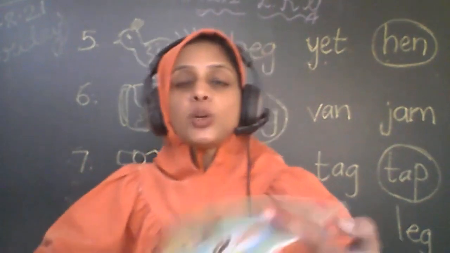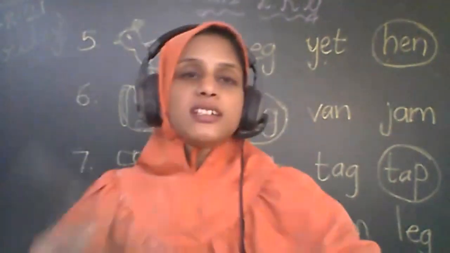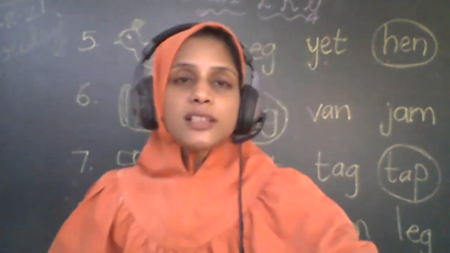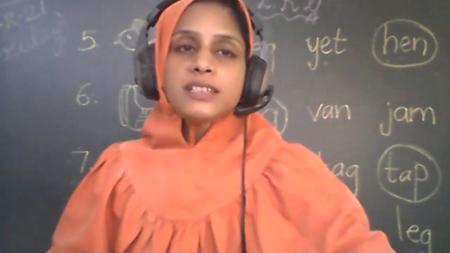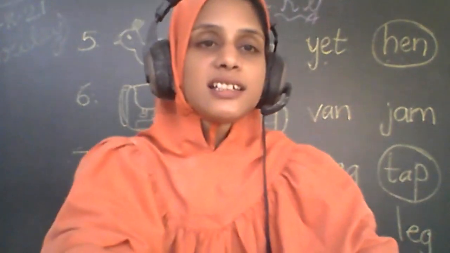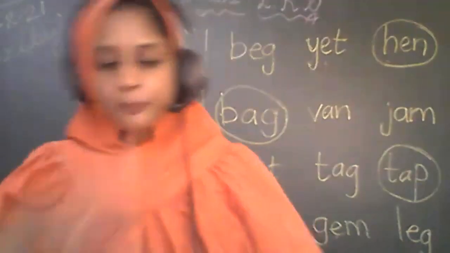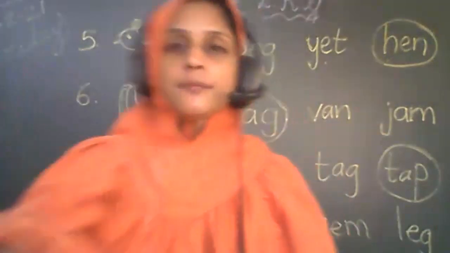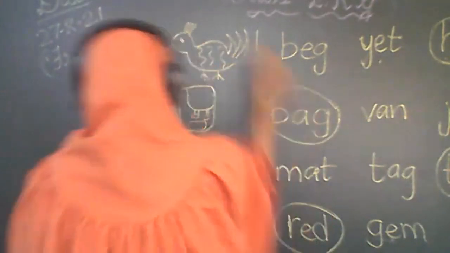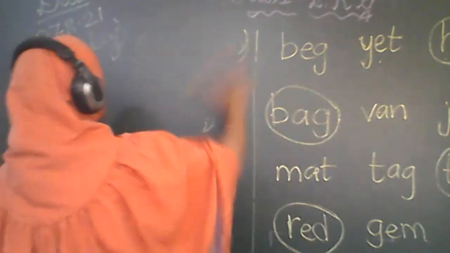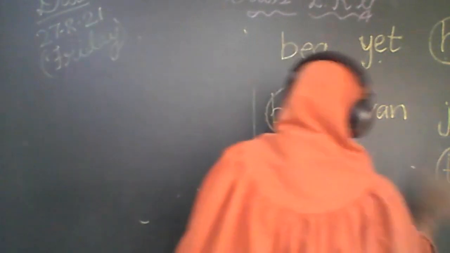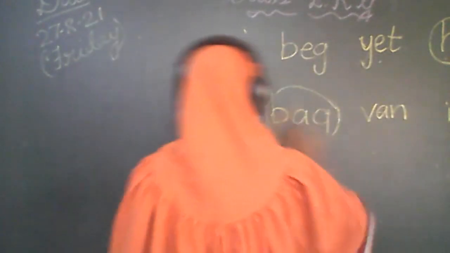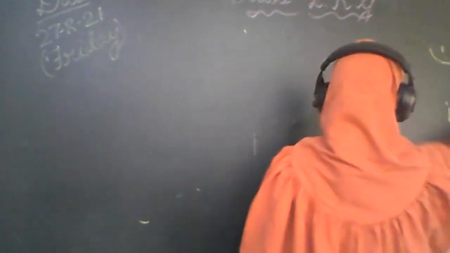Okay, now kids, get your mathematics copy. We'll complete our last work as well. Come on, get your mathematics copy fast. Write down today's date, 27/8/2021. So today we are going to do the missing numbers. We have done missing numbers before, so this is only for revision. Missing numbers means the numbers that are missing, that have been left out, we have to write.